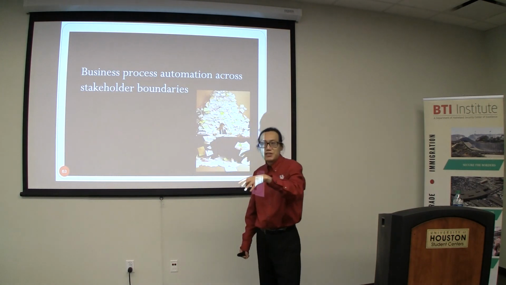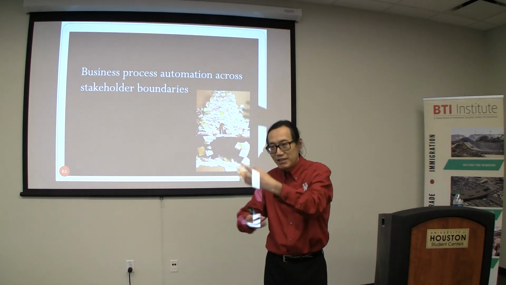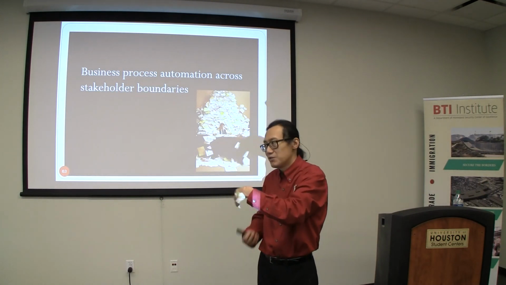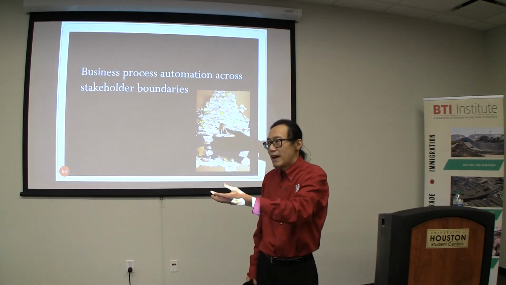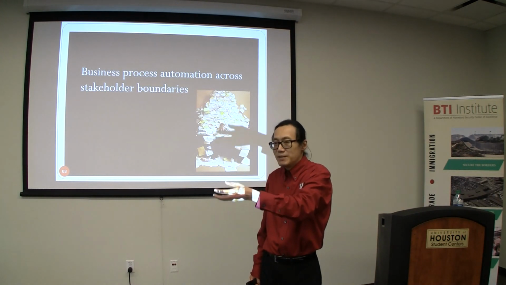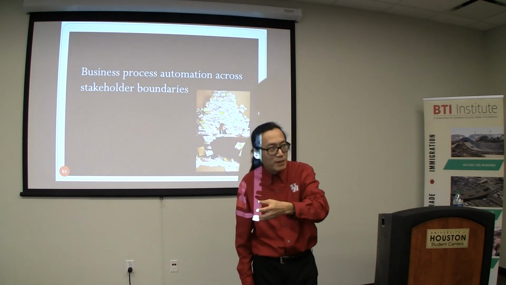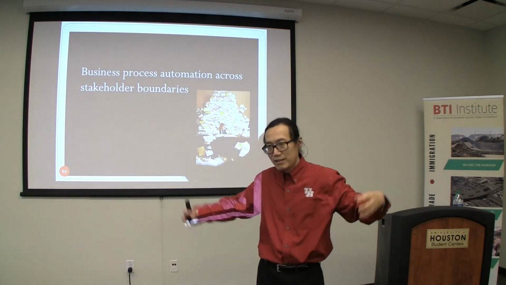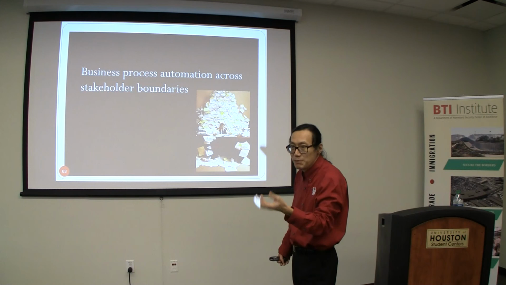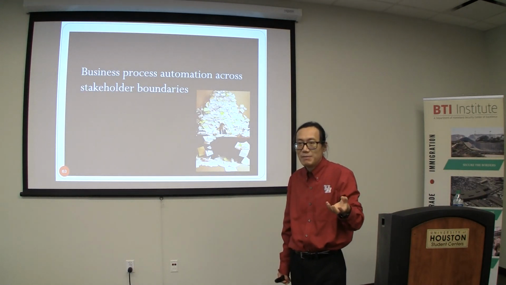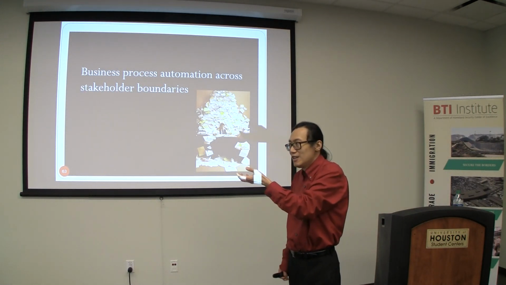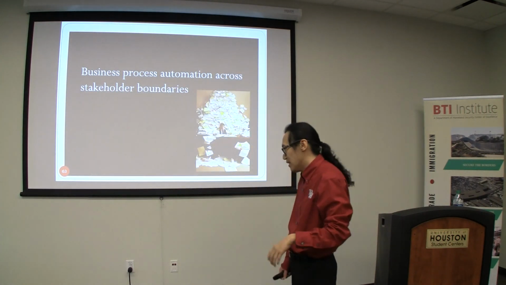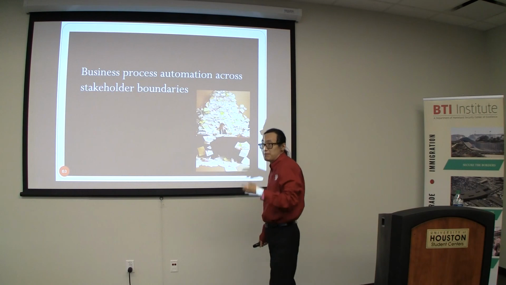Sometimes we say, we'll sit together to agree on a standard for data exchange. But that's only how far you can go, because you still have to make sure I have the same copy of the same data, right? The different copies held by different stakeholders in the ecosystem, the supply chain. How do you make sure it's consistent, that it's the same whenever it changes, and that my partner's database also changes accordingly? That's very difficult, right? Because there's a lot of manual